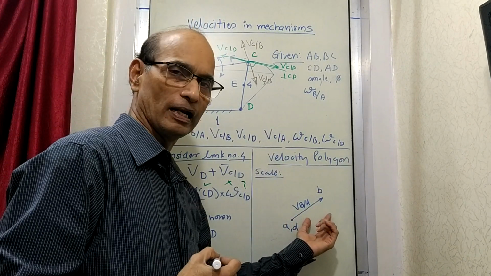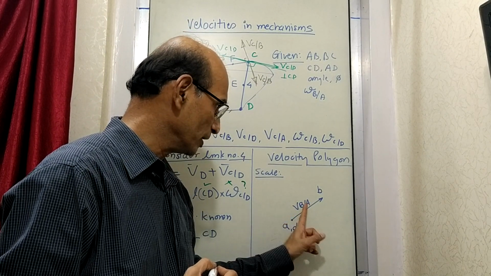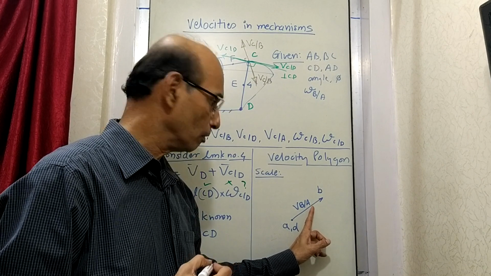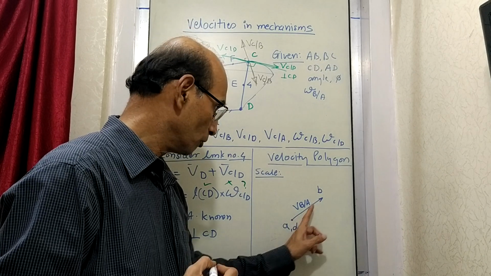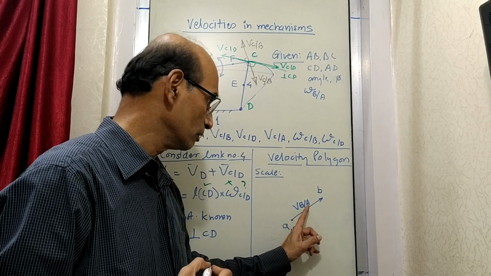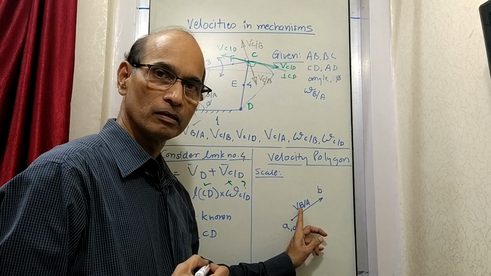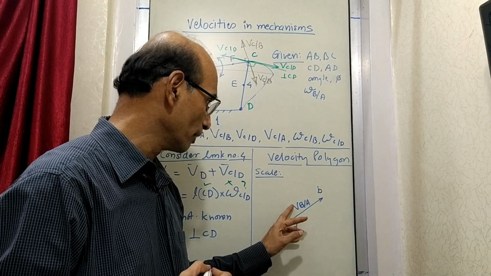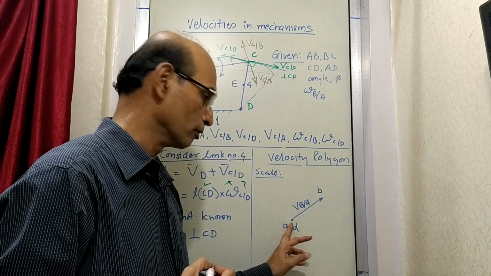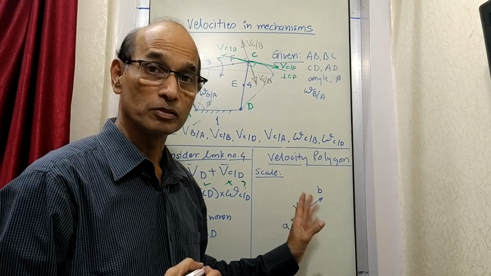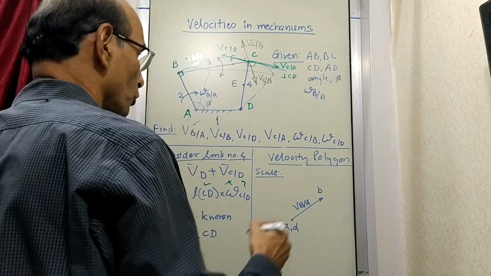Now when you draw a vector, just see which letter is where. B relative to A: A is in the denominator. So in the case of the vector, the tail is written in the denominator, and the head, that is B, is in the numerator. Whenever you show the vector, the letters should come accordingly. This is a very important convention. Keep this in mind very well. Okay, so we have done this much.